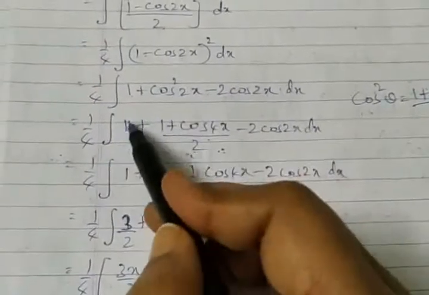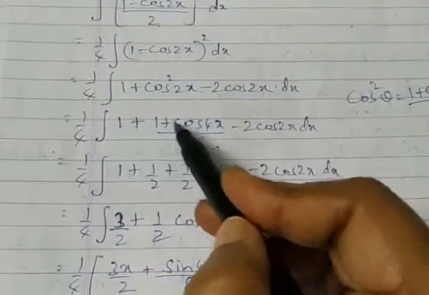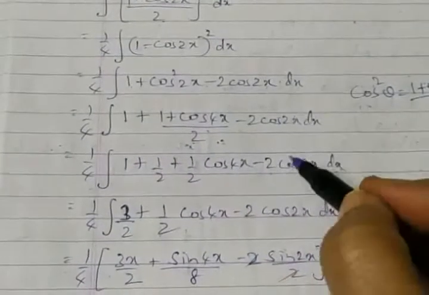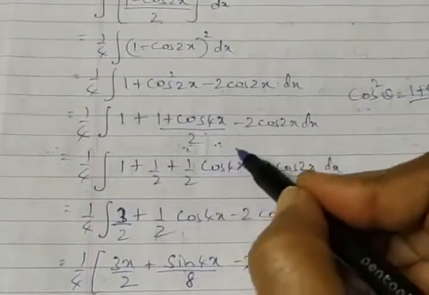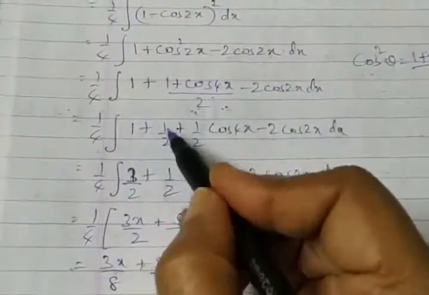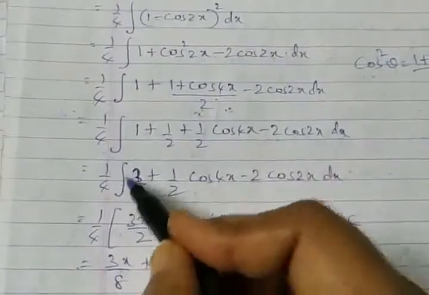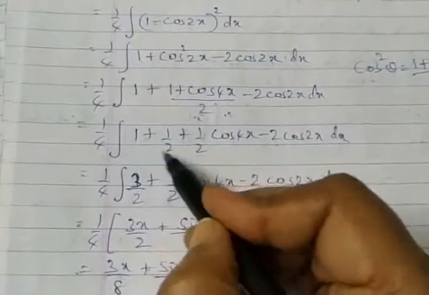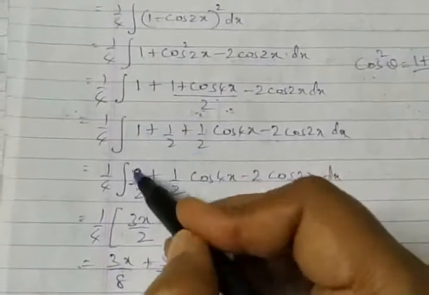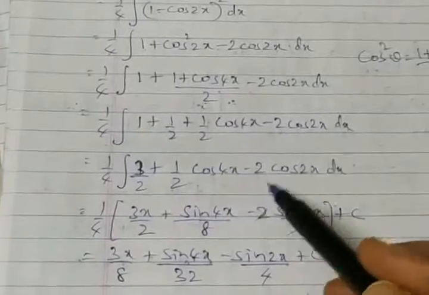So integration of 1, it is ready for integration. Here let's make one step modification: 1 by 2 plus 1 by 2 cos 4x minus 2 cos 2x. Ready to integrate. Happy to see this term. But still 1 plus 1 by 2 I can simplify, so I have not gone for integration yet. 1 plus 1 by 2, take the LCM: 2 plus 1, 3 by 2, or 1 and a half chapati. 1 plus half is 3 by 2. Okay, so 3 by 2 is simplified. Half cos 4x kept as it is, minus 2 cos 2x kept as it is.